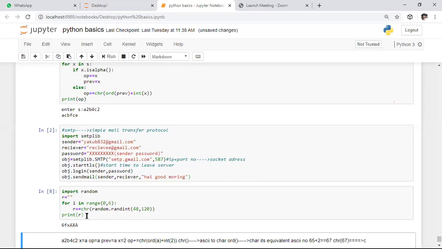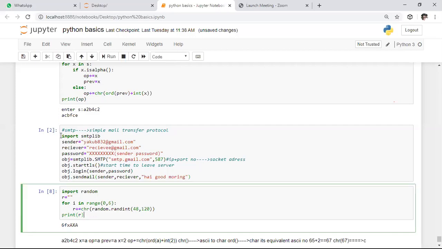So here in the real time scenario, what happens is it will generate a random OTP and store this random OTP in the database, and then send the OTP to you. Whenever you enter the generated OTP from your mail, it will check the generated OTP as well as the OTP you entered. If both match, it will accept your connection, or else it will deny your connection. So till here it is the basic program.